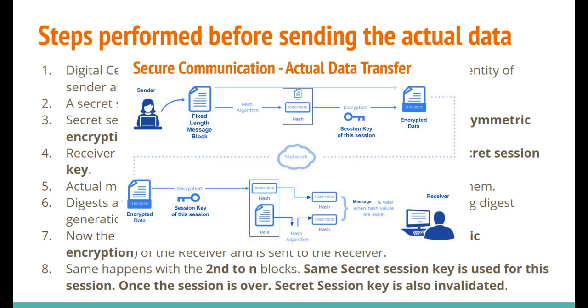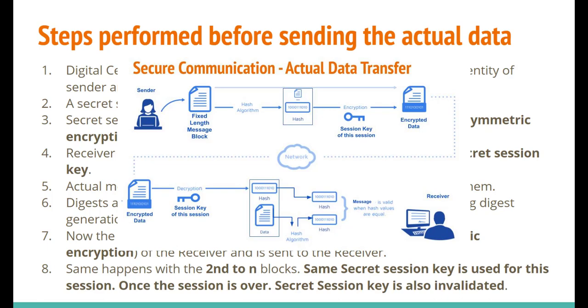So how will it verify whether that particular message is correct or not? It will again apply the same hashing algorithm over that particular message block, and it will again generate the digest at the receiver end. So what will happen at this point of time?